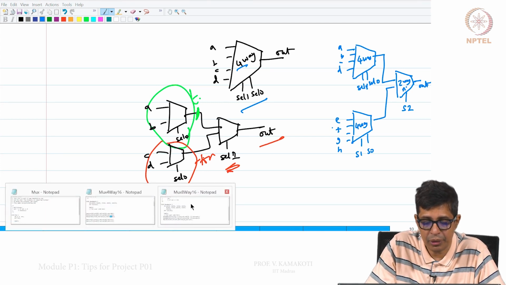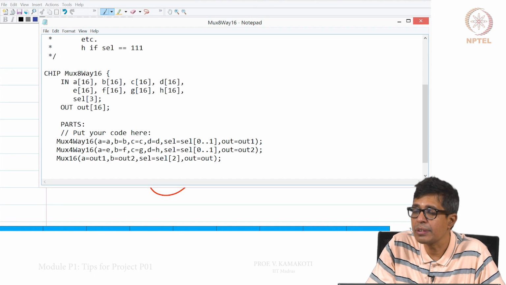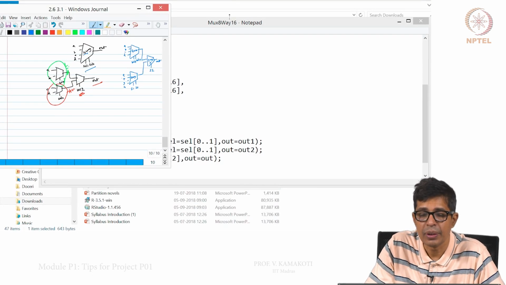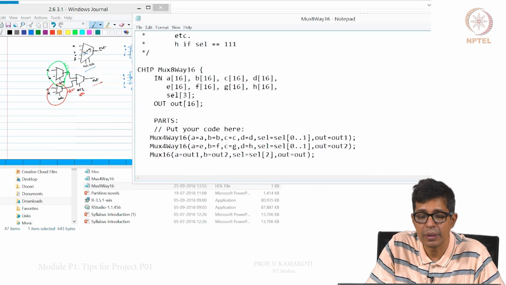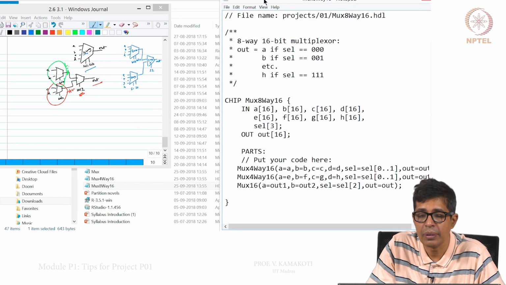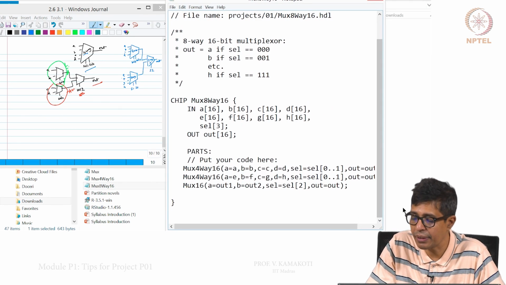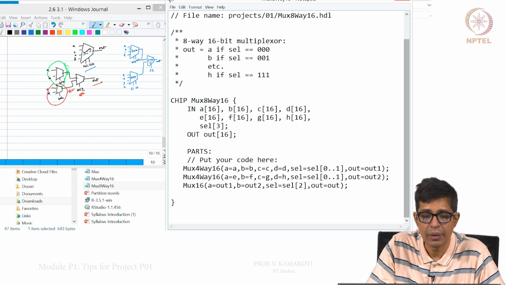So, if you look at this, the first one I am using is a 4-way mux in which A, B, C and D are taken, and I am taking the first 2 bits of select, select 0 to 1.